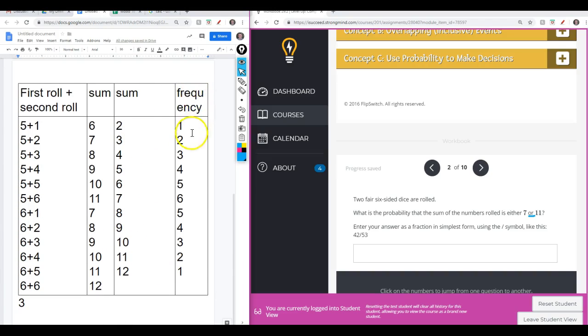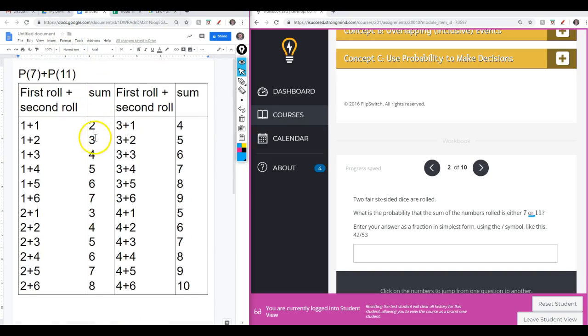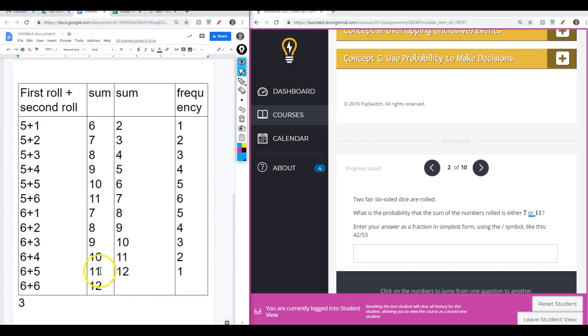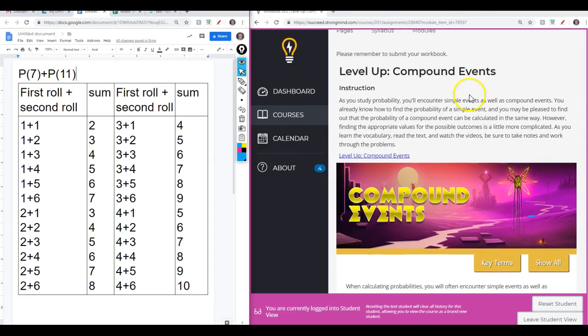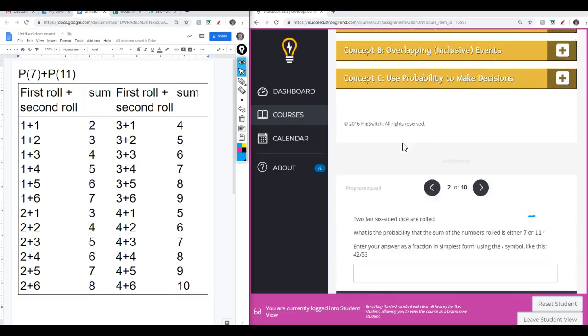And then notice here, this says frequency. So then right here, I said the sum. So the sum could be a 2, 3, 4, 5, 6, 7, an 8, a 9, a 10, an 11, and 12. And I wrote out how often those happened. So this is a document I will share with you just in your instructions if you want to use that